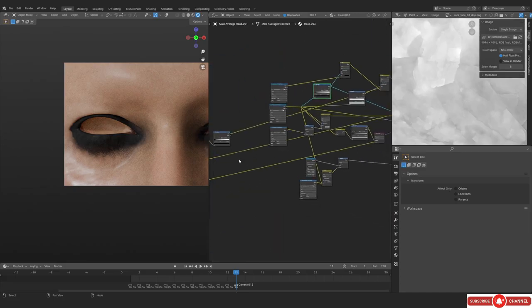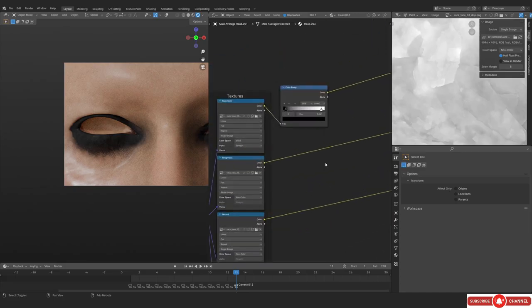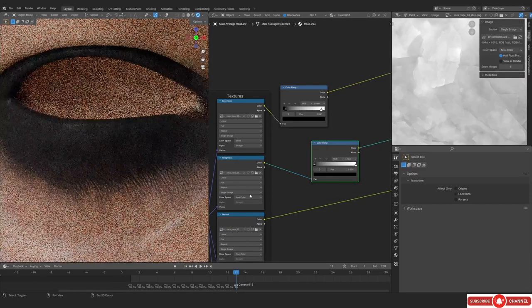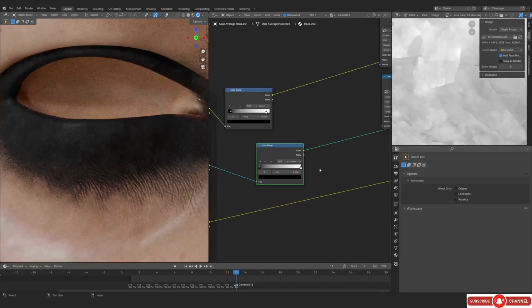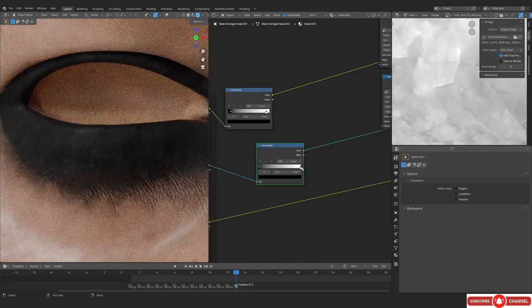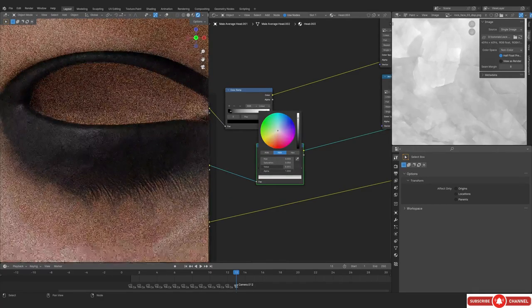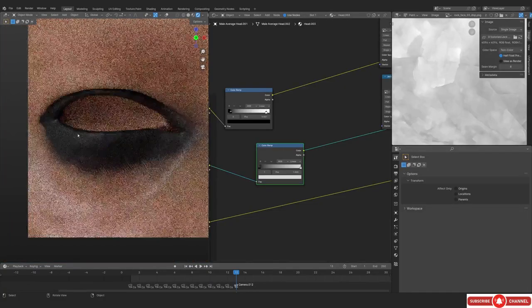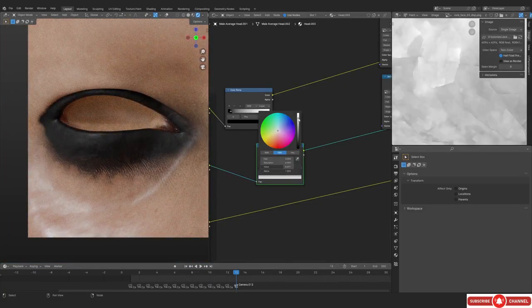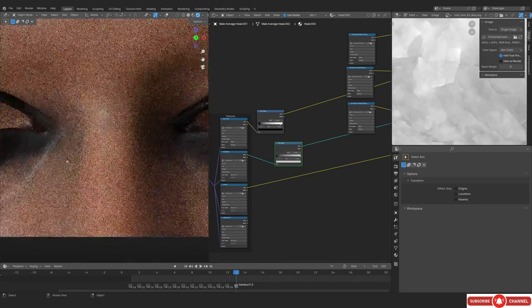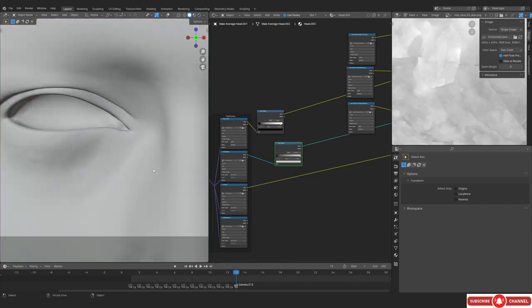So again, we now need to use the color ramp node in order to actually adjust the roughness. And the reason I really like to use the color ramp is because I'm more of a visual guy. I don't really care about the numbers, whether I've decreased the roughness from 0.5 or 0.2. I actually look at the render and see whether it is working or not.